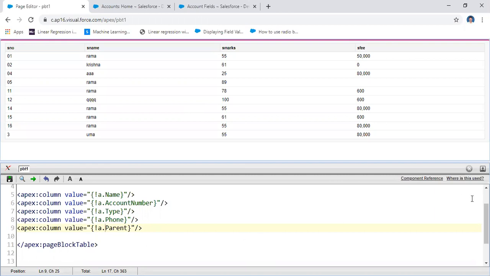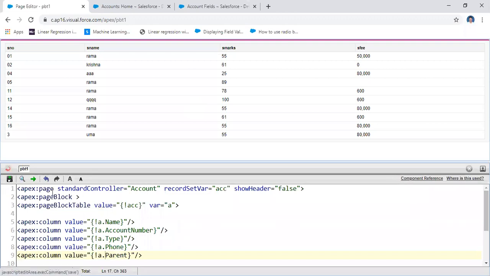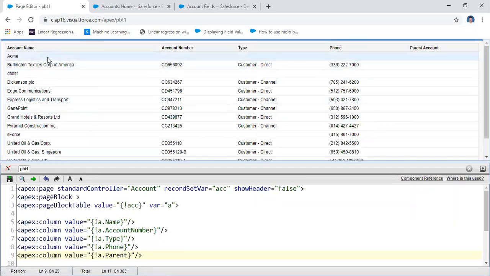Yeah. That means I want to display the account information. Click on this one. Here from the account, it collected the data and then stored the data in ACC. Yeah, it displays the account name, account number, and then type, phone number. Only this information I did, and then parent. The parent account, nothing was there. That's why it's not displaying anything here. That means in this way you will perform in this type of tables. Yeah. Okay. Thank you.